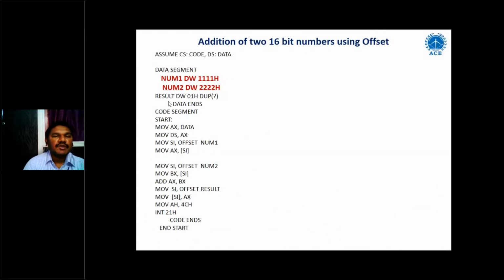See, here I have the program: addition of two 16-bit numbers. Here ADD AX, BX means addition of the content of AX with the BX register. But what is there in AX and BX, we will see. Here I have written num1 DW 1111H, num2 DW 2222H. Here H stands for hexadecimal. How many digits are there? 1, 2, 3, 4 ones and 4 twos. Each value is 4 bits, so 4 digits mean totally 16 bits, which is 2 bytes. 2 bytes means I have to write DW.